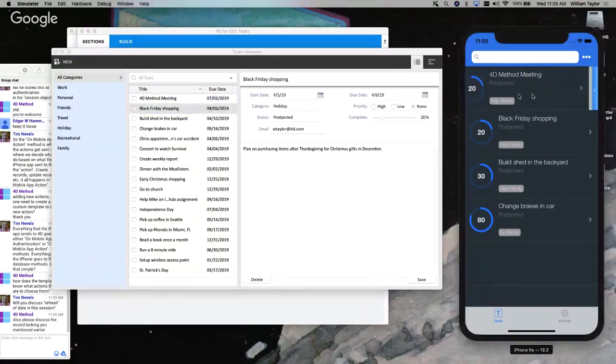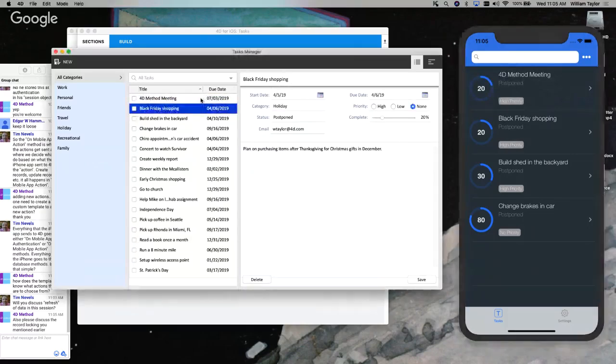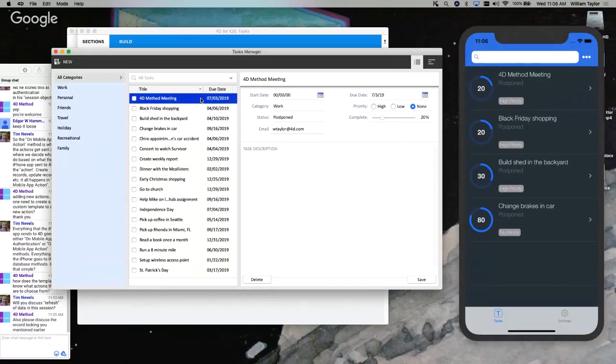Then if I click off of it, I don't know what it's postponed now. Yeah, I postponed it. So that's what it did. So it lets you know when the record is locked, and you may do whatever you need to do with it. But by default, if the record is open and if